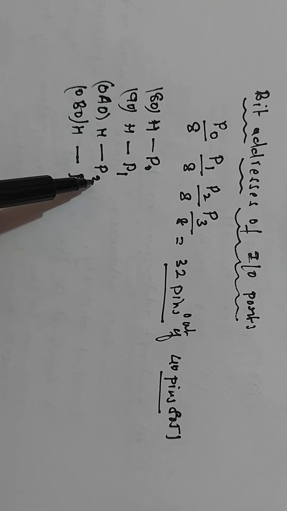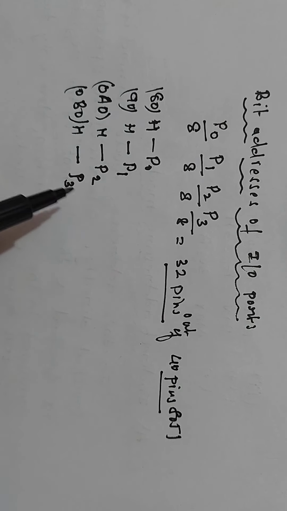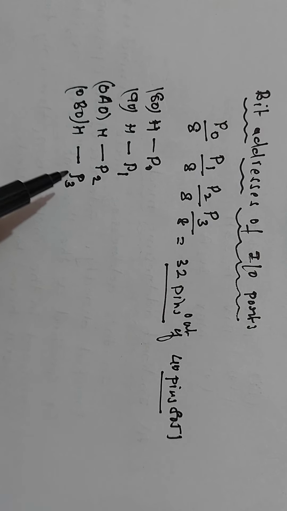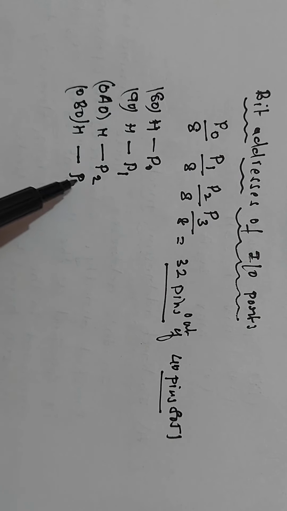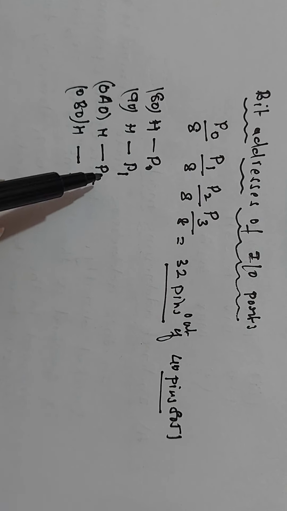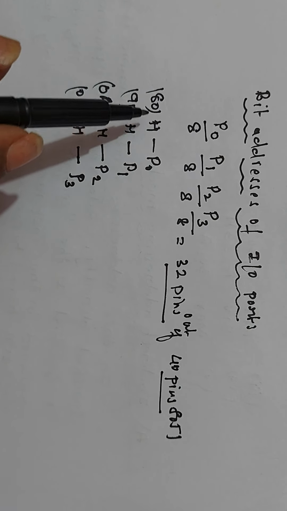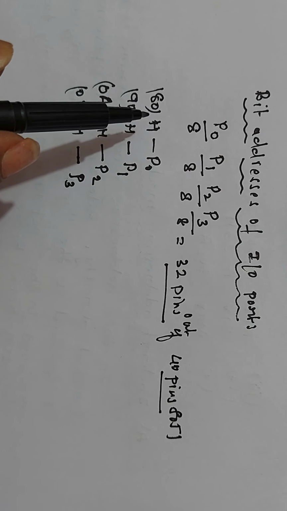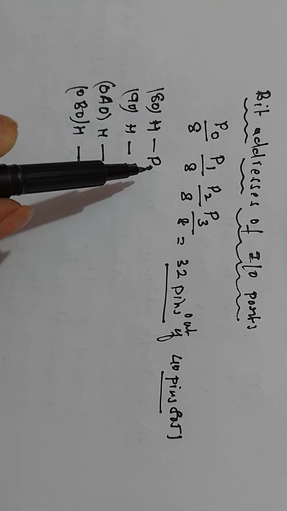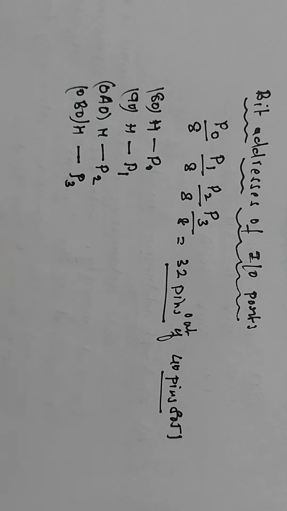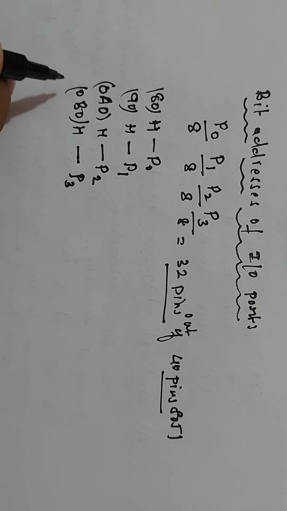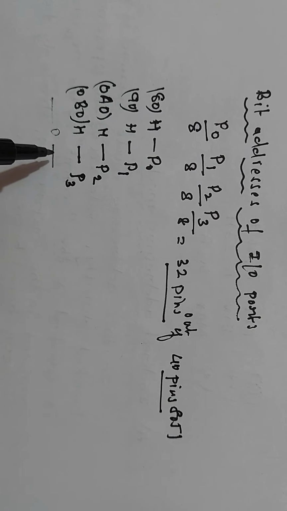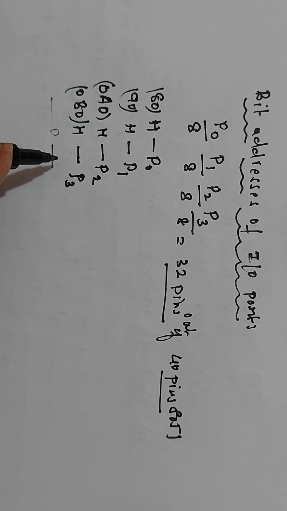Thus, P0, P1, P2, P3 can store 1 byte. Therefore, ports P0, P1, P2, P3 are both byte addressable and bit addressable. That is, among 1 byte, it has 8 bits. You can change any 1 bit. You can set the bit to 1 or you can clear the bit to 0. Therefore, P0, P1, P2, P3 are both bit addressable and byte addressable. I will explain one example of how these ports can be used as bit addressable.